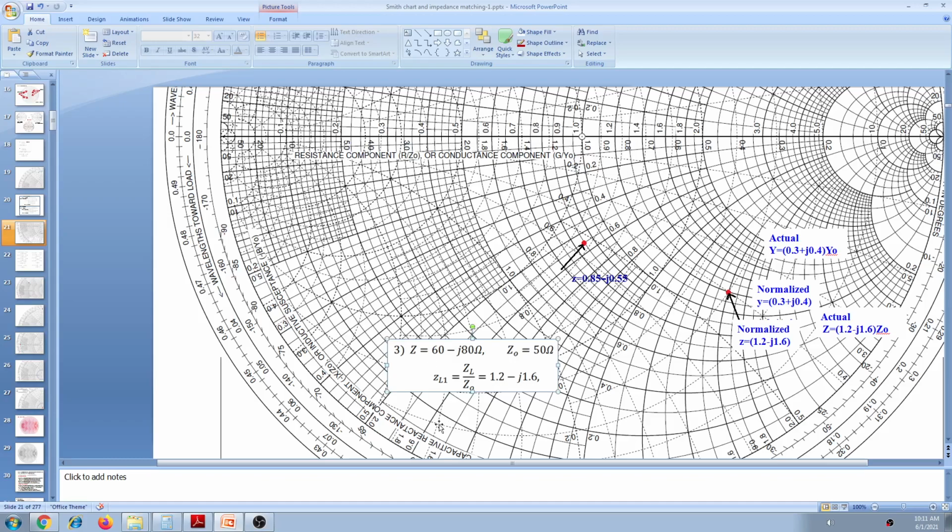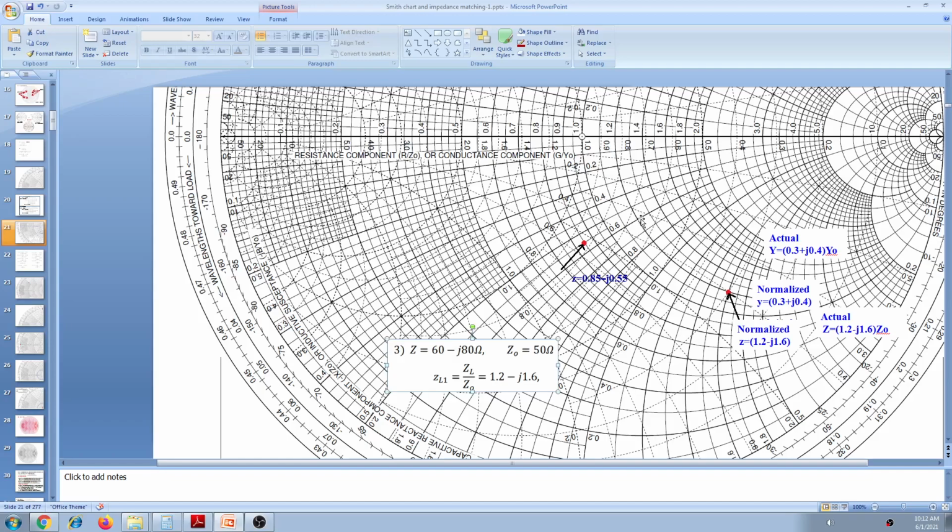To mark the impedance here, you move over here. You see, these are the resistance circle values. Here is 1. Sorry, this corresponds to 1, and this is some value, 1.05. This is 1.2, 1.1 circle. This is 0.9, okay, 0.8. This is 1.4. The 1.3 circle is this. This is our 1.2 circle. R is equal to 1.2 circle. So move over here. Move like this.